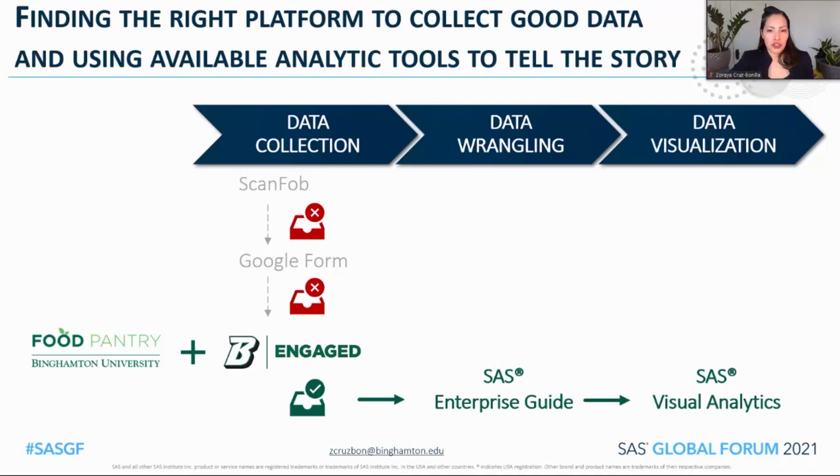Eventually, they landed on using Be Engaged, which is an all-in-one campus solution due to its event planning, communication, and workflow management capabilities. It was determined to be the best option, primarily because the system auto-populates the students' basic information, as opposed to relying on self-reported information, which, in the case of using Google Forms, lacked data validation controls.